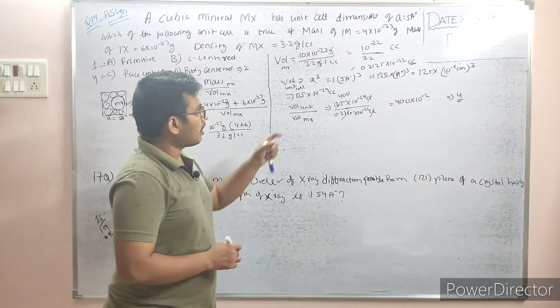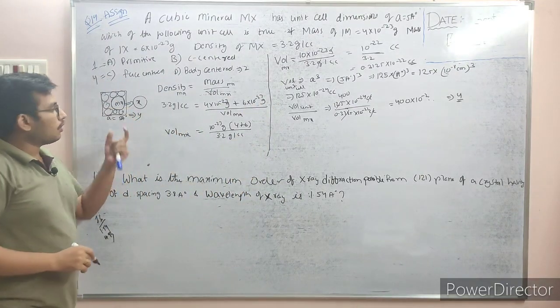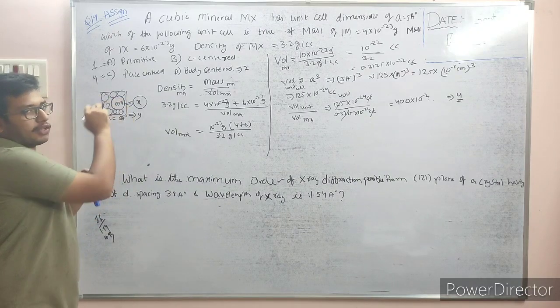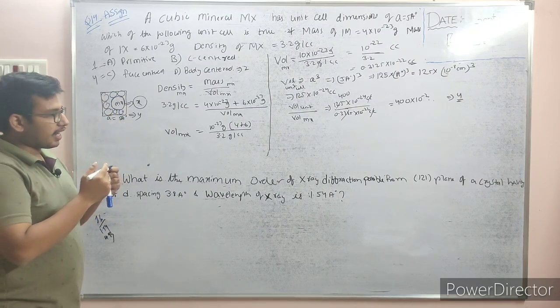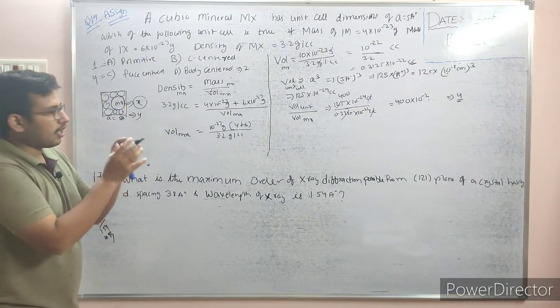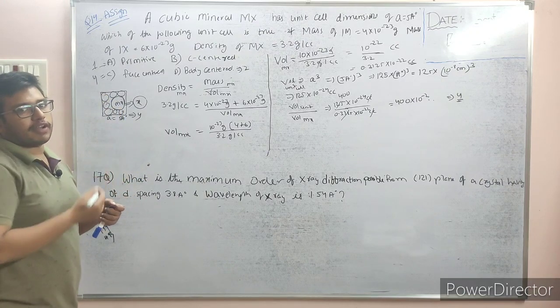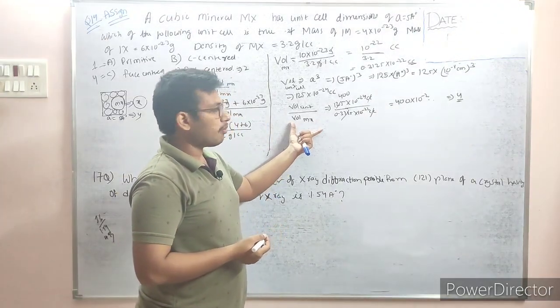समझ रहे हो ना? ठीक है, देखो यार, यूनिट सेल है, यूनिट सेल के अंदर एक एटम है, उसका वॉल्यूम पता है हमको, ठीक है, और यूनिट सेल का भी वॉल्यूम पता है. क्या करेंगे, अगर हम इन दोनों वॉल्यूम को डिवाइड करेंगे, कितने नंबर एटम्स चाहिए पूरा इस वॉल्यूम को फिल कर सके, उसी को हम बोलेंगे इफेक्टिव नंबर ऑफ एटम्स. Okay, now that's why we are dividing volume of the unit cell upon volume of mx.